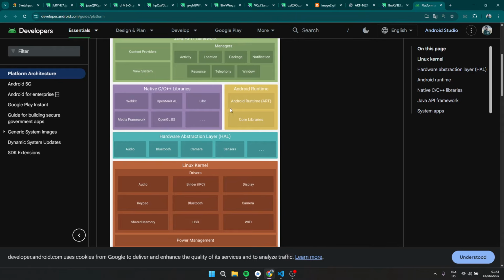So, for example, if an application wants to take a photo on an Android device, it will use the camera API provided by the Android framework, and the camera API will then communicate with the HAL. You can imagine that in your mind, to access the camera driver and control the camera hardware to take the photo. So it's simple. We don't have to complicate things too much, I think.